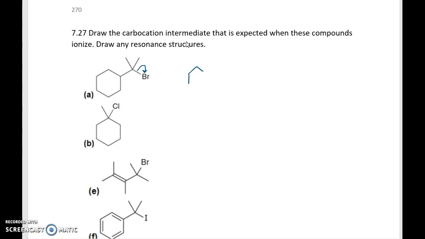So we'll end up with, and the chlorine is going to take its electrons and leave, so we'll end up with, I'll give my drawings here, but the carbocation intermediate will be right there. The bromine takes its electrons and leaves. This gives us